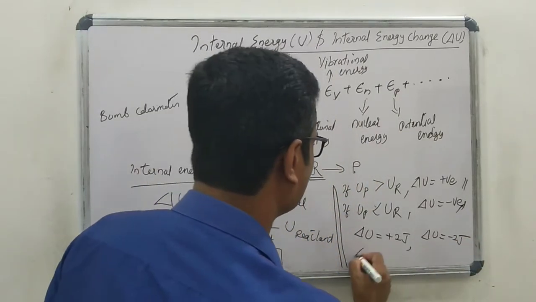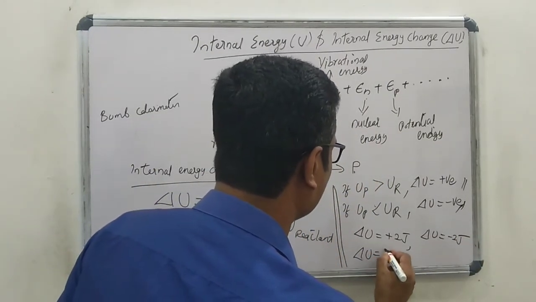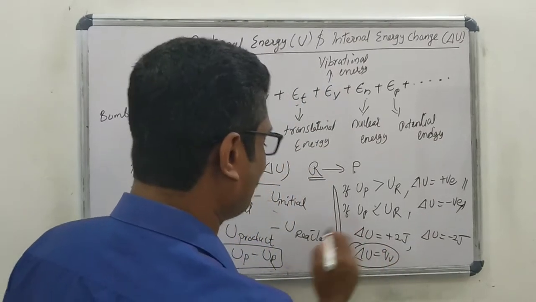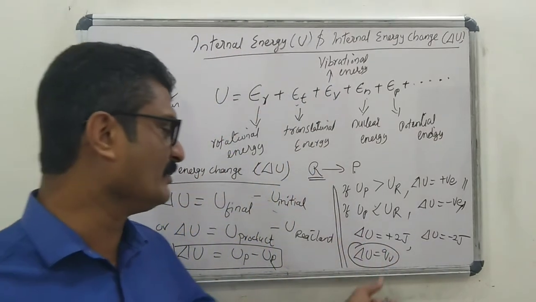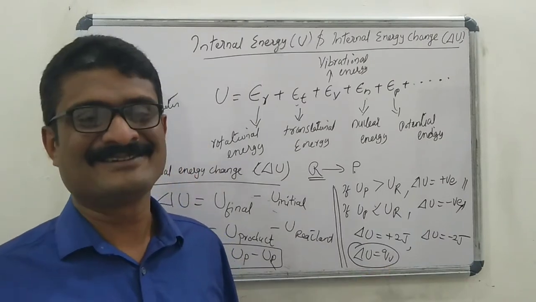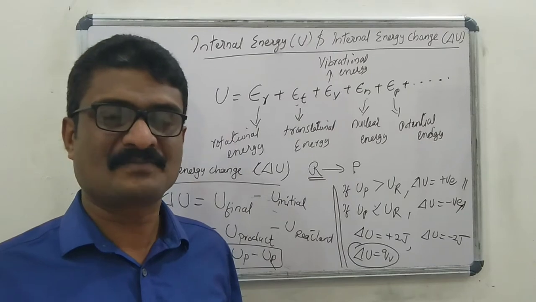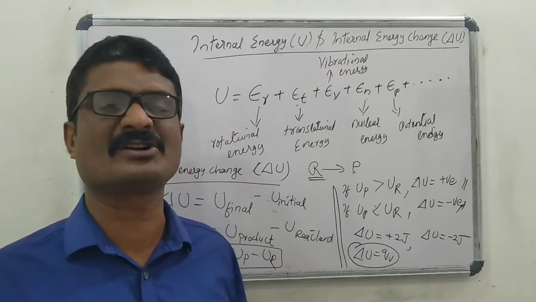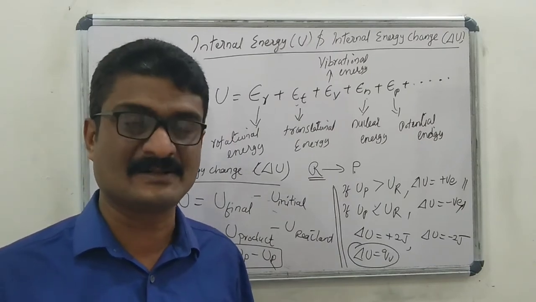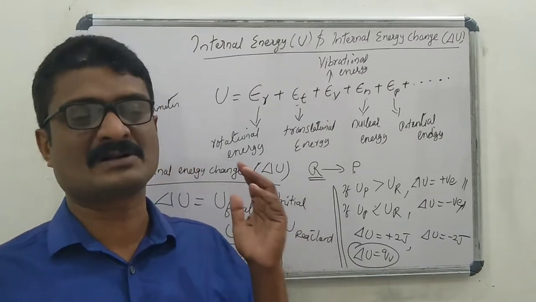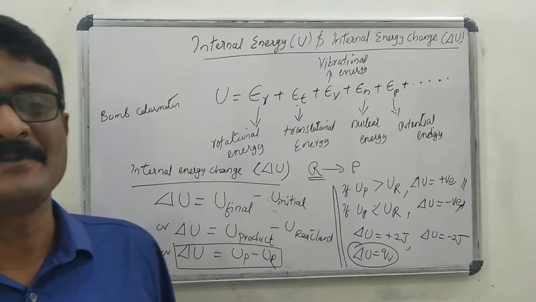Okay, that is delta U equal to, we can say QV. ഇത് നമുക്ക് പിന്നീട് പ്രൂവ് ചെയ്യാം. Delta U equal to QV. Q means heat change. Okay, that means what? The internal energy change is the heat change, means the amount of heat absorbed or released during a reaction at constant volume conditions. Okay, yes.